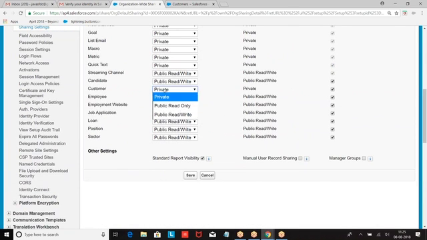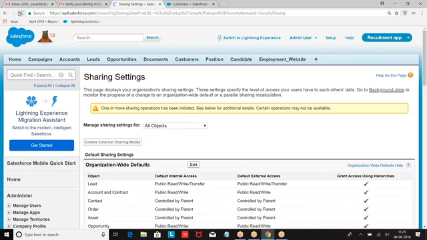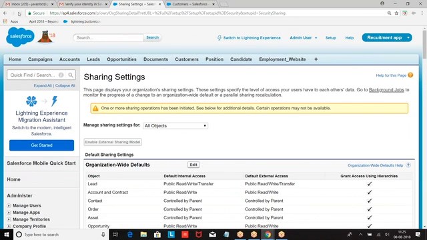Then I have customer public read. When I say customer public read, then what happened? Records are visible to everyone, but on others' records, you are able to perform only read operation. So let us see this. Previously, Wilson was not able to see any record because I gave private.